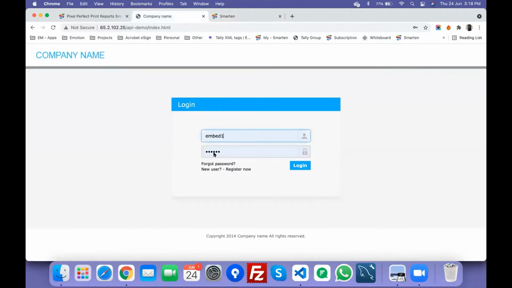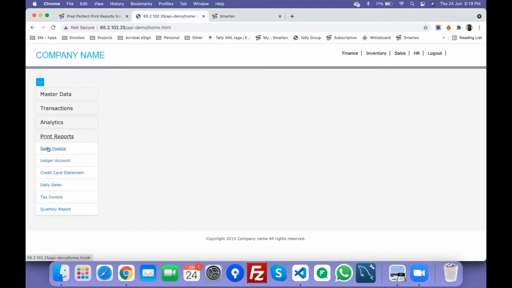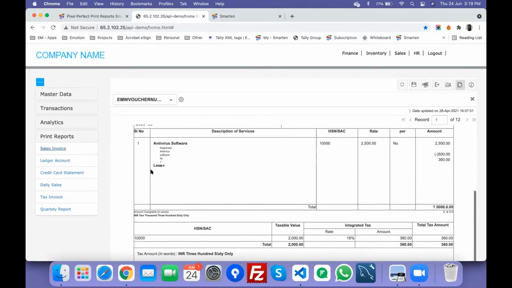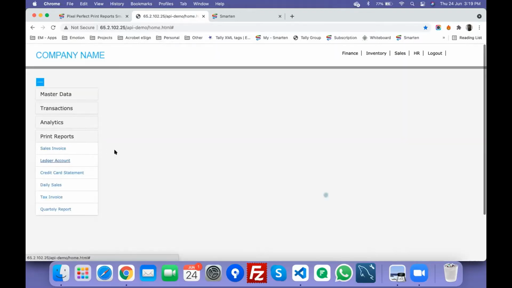Now, if you want to embed these reports into your ERP or intranet or CRM or whatever other applications you are using, there are APIs available. For example, assume this is your intranet or CRM or ERP, and master data, transaction data, all that are the navigations of your system.